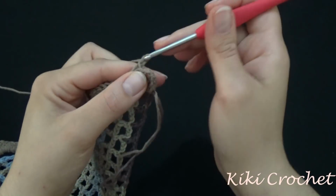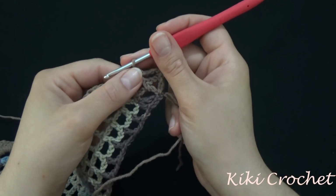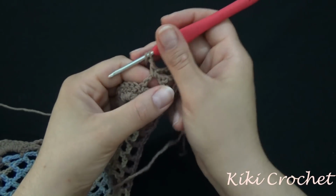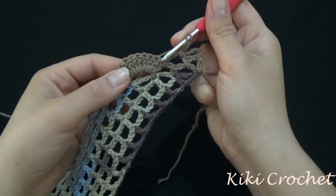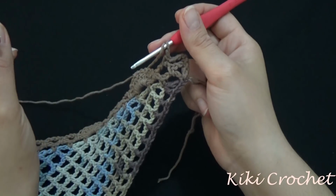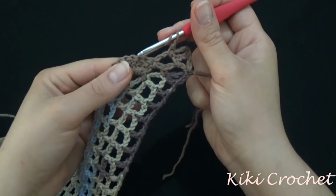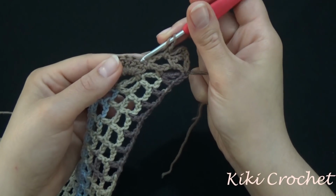Now chain 1, and because we don't have any more chain 3 spaces, just chain 1. And what we're going to do now is work 1 double crochet on top of each of the 8 that we did on the shell, but we're going to separate them with the chain 1 space. Okay, so start from the first double crochet,